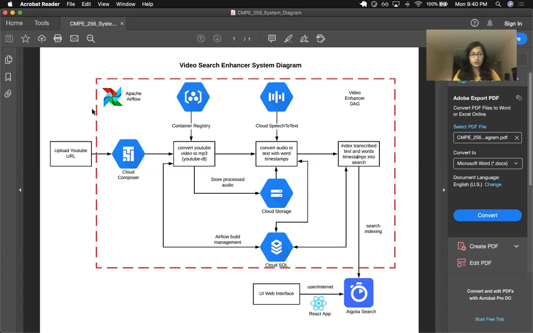The required YouTube video URL would be uploaded onto Google Cloud Composer. When it is uploaded, it would trigger the first task. This first task utilizes the YouTube DL Python library, and it converts the given YouTube file into an MP3 format. And once it is processed, it stores the MP3 file on Google Cloud Storage in a Google Cloud bucket. Then the second task will be triggered, which takes the data from Google Cloud Storage and